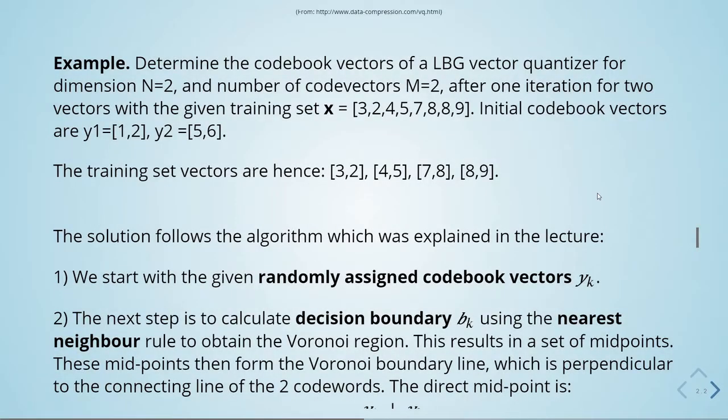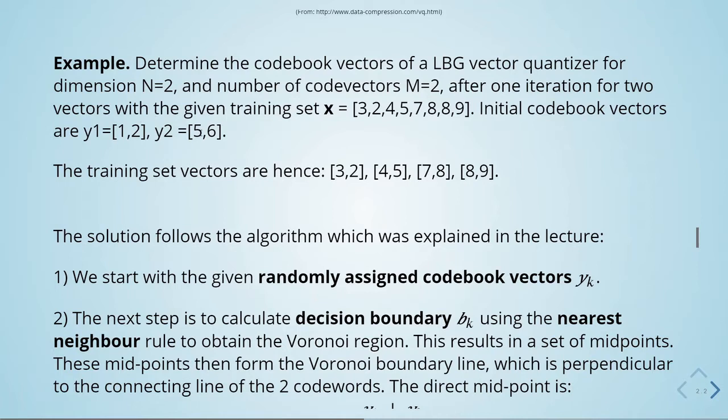Let's take a look into this example. Determine the codebook vectors of an LBG vector quantizer for dimension n equals 2 and the number of code vectors m equals 2 after one iteration for two vectors with the given training set. This is our training set x, and then we'll have our initial codebook vectors y1 and y2